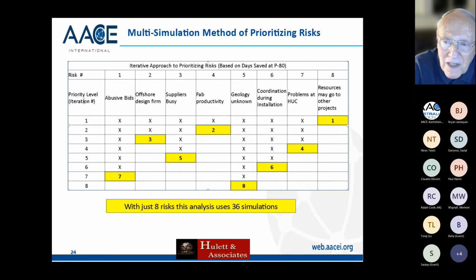Therefore, risk 8 is arguably the most important risk to mitigate. Now, again, I don't know whether its cost is going to be economical, but it is the one where you get the biggest bang. Maybe not the biggest bang for the buck. This may be a $5 million risk, and risk number 4, which is the second risk that would be taken out, is only $50,000.